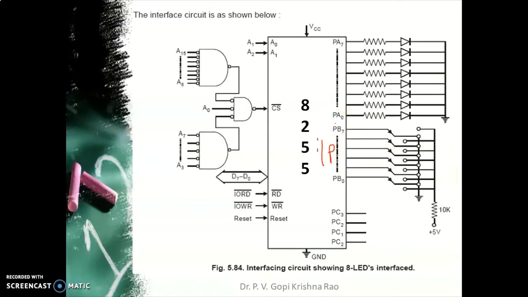Once the interface connection is made, we have configured the control word, and we have configured the address mapping of the device. Now we have also made a physical interfacing of the device to 8086, LEDs and switches. The other part that remains is writing a program for 8086 to drive 8255 to read from the switches and update the LEDs. We will see how we write the program and understand it step by step.